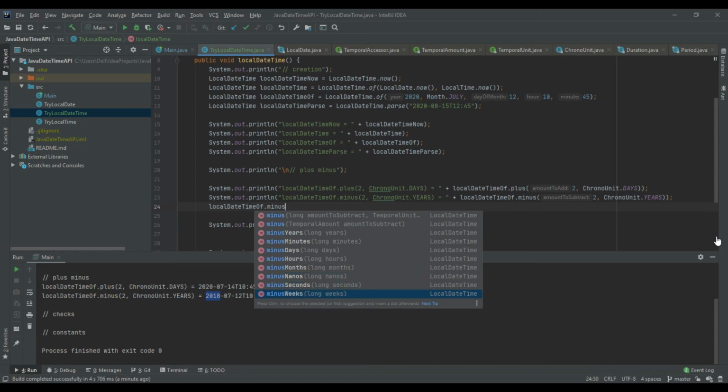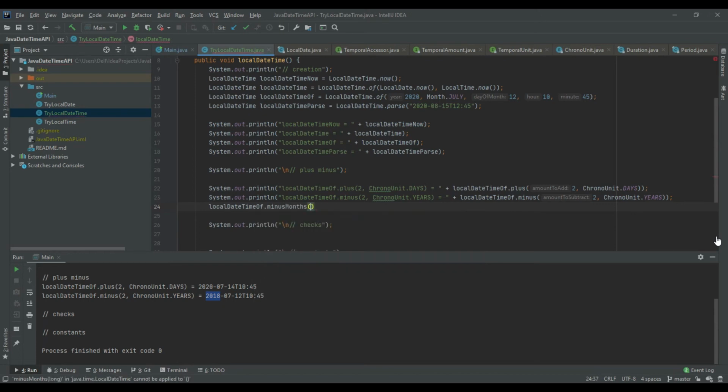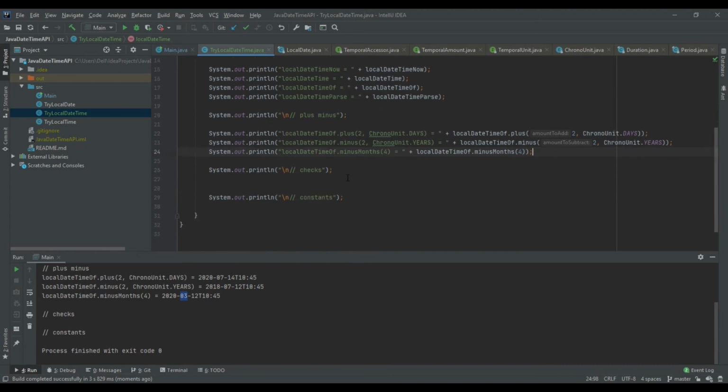So likewise we can use any of these methods to manipulate the date time. I'll use one method like months, and I'll print out the result. Subtracted for 4 months, so the result is March. Okay, that is it for the plus minus section.